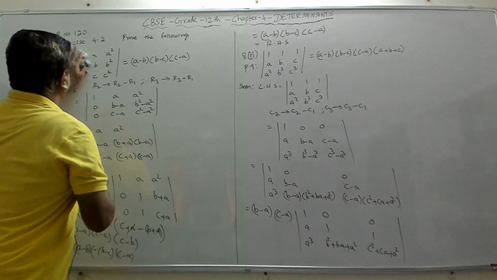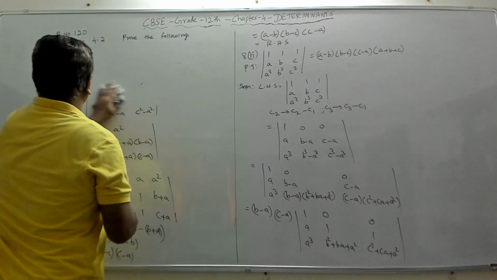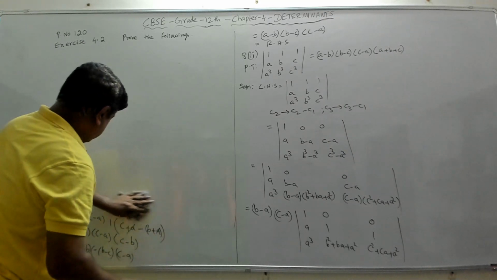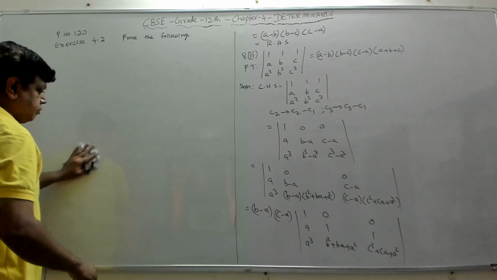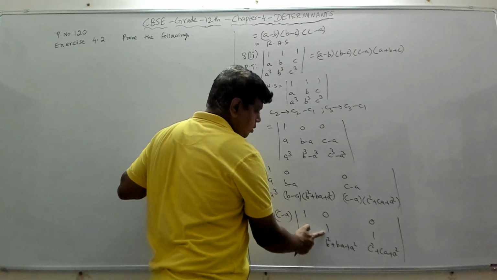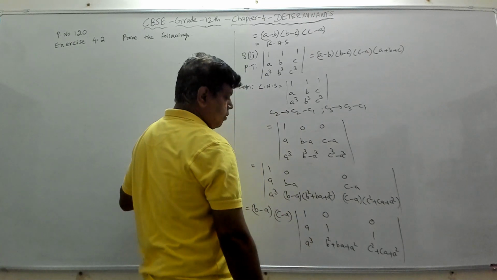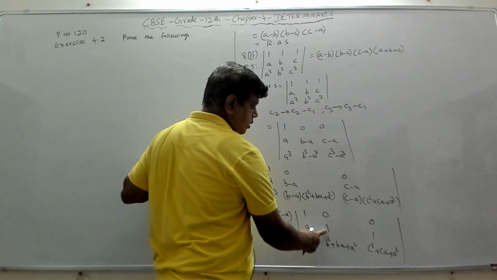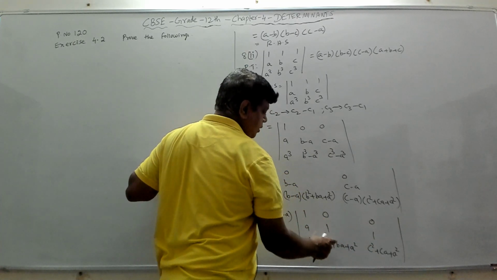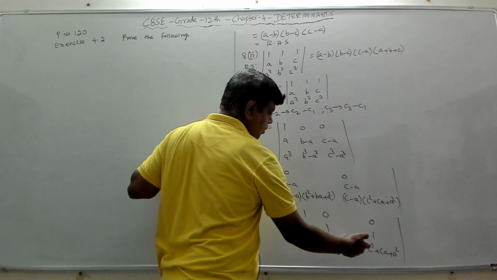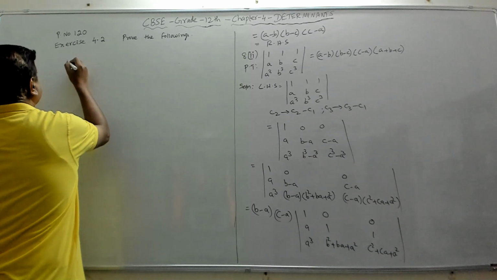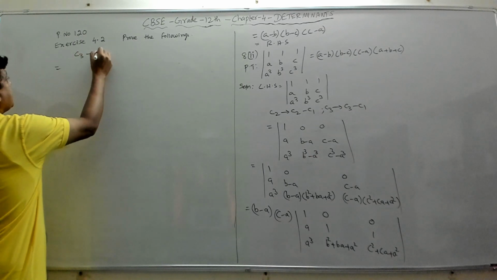So again, what we can try to do is simplify further. So I will write that here. Again, what we can do, we can make this element 0 by doing this minus this. We can try to make this element 0 by making C2 is C2 minus C3, right? Or we can make this 0, doesn't matter. Or we can make this 0, this minus this. So next, I'm going to apply C3 implies C3 minus C2.